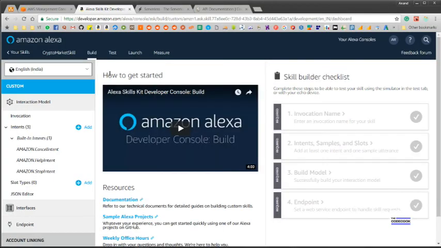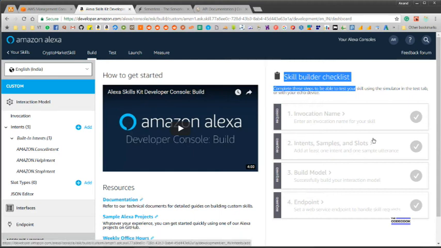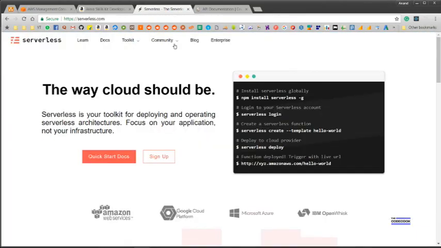On the next page, you are going to see the build page. This is the page where we are going to spend most of our time. This right section features a skill builder checklist. This is just a list of steps you want to follow when you are developing your skill. We'll come back to this page in some later videos, but for now, let's switch our focus to the serverless